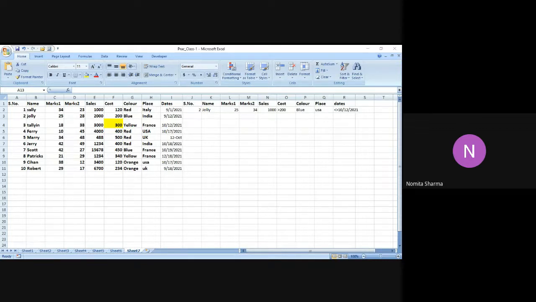Rather, we give a range, then we give the criteria. But in the database functions, we have to select the whole database, and then accordingly we can sum up the value given under any field and match it with the criteria. So let's get going with the dsum function practice.